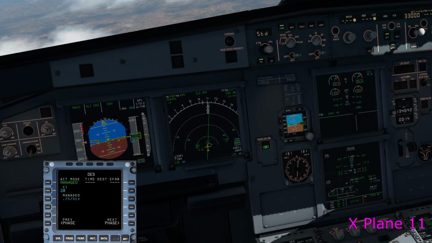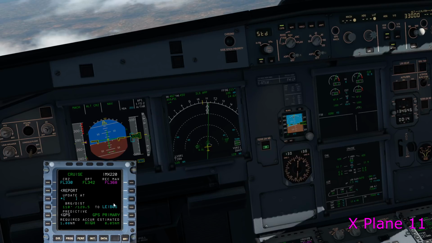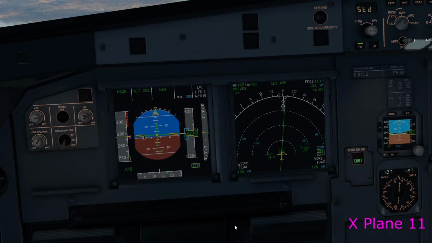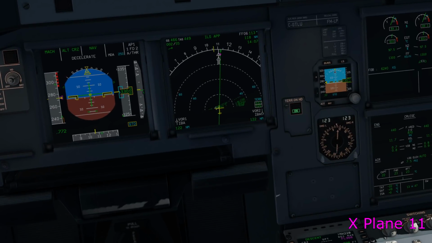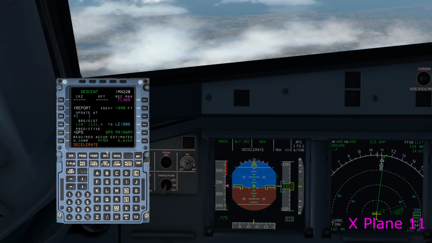So let's just have a look at what that is. Just for context, we are currently 130 miles from our destination. As we pass over the arrow, we can expect a message saying decelerate. There it is. It says decelerate, and if we look on the MCDU, we get the same message saying decelerate. The reason is